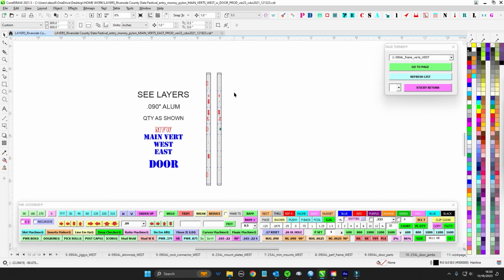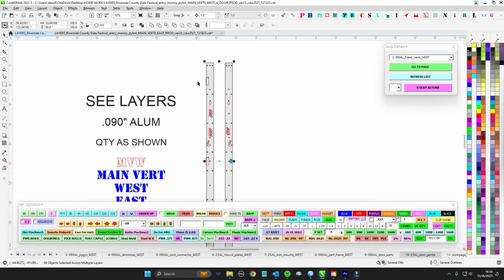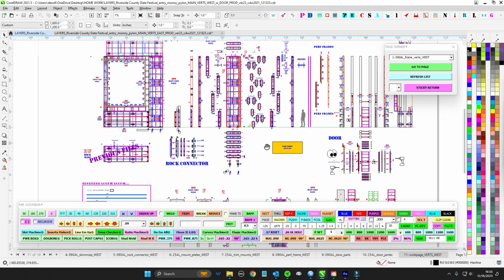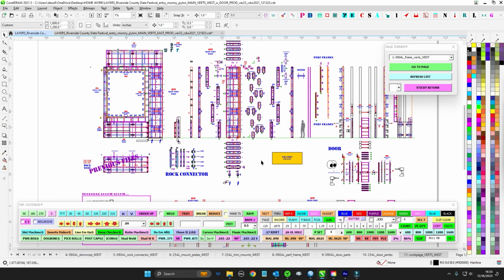And then there's the door jambs, which also consist of 2 strips of 1/4 inch. And there's going to be some island fill on that and stuff, so keep an eye out for that. All right, so that being said, we've got the rock connector, we've got the main panel, and then